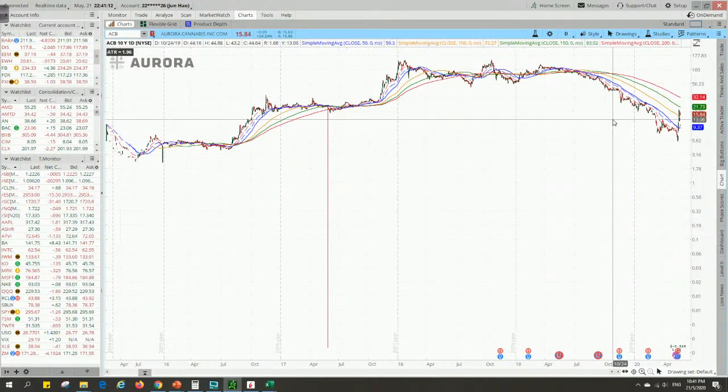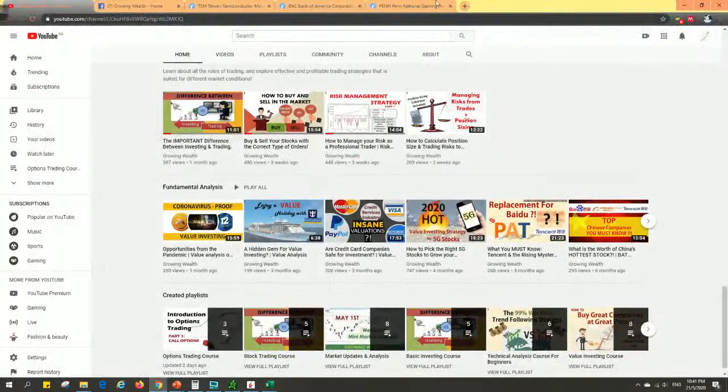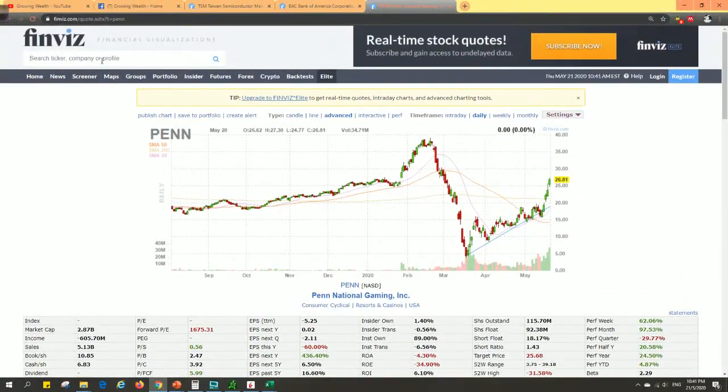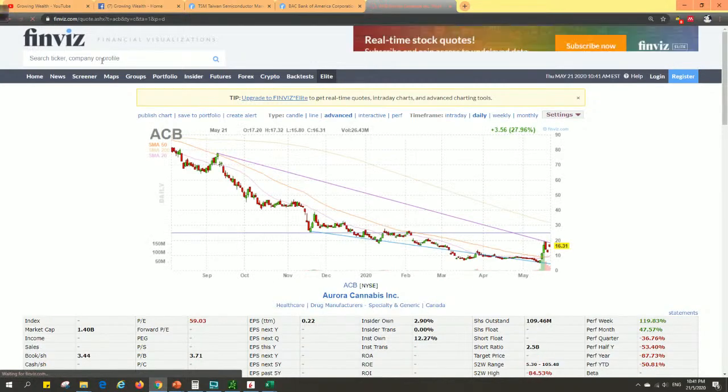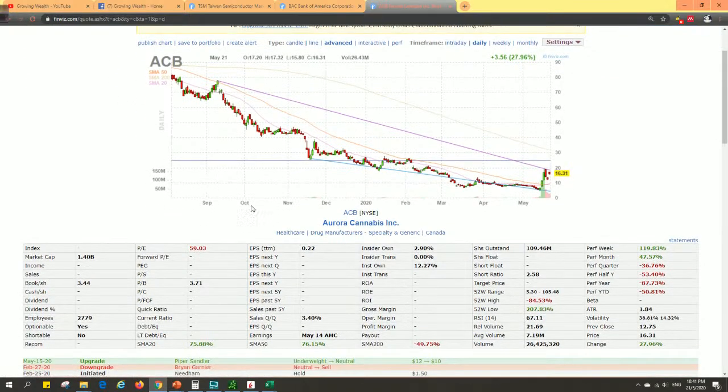So for trading, let's look at it, ACB. I would say that this stock is not so much for investing, right? Definitely with all these blanks all over the place, we cannot even properly analyze its fundamentals to invest in. Okay, so for trading wise,